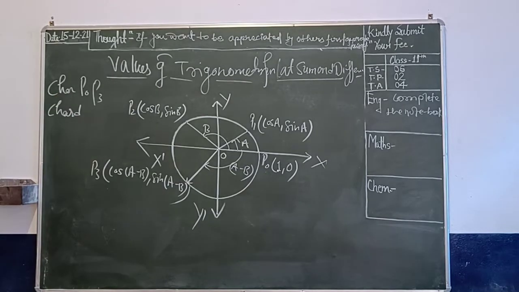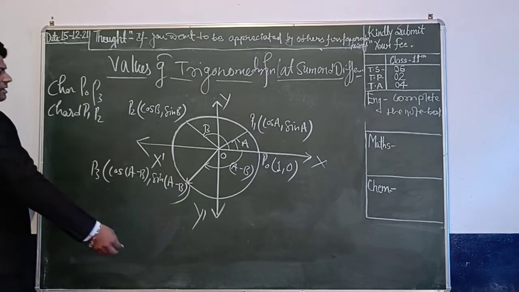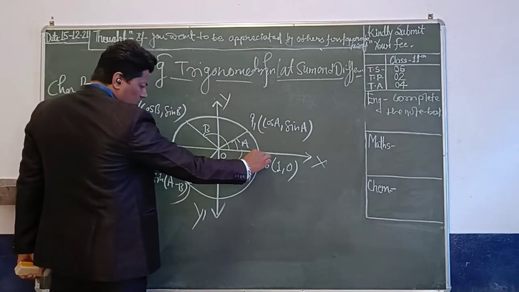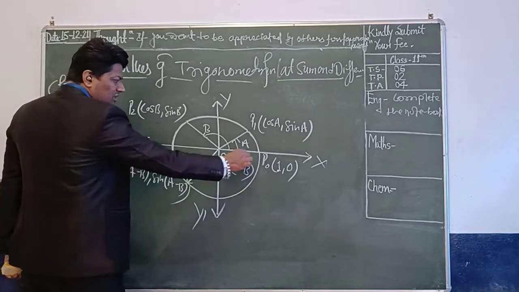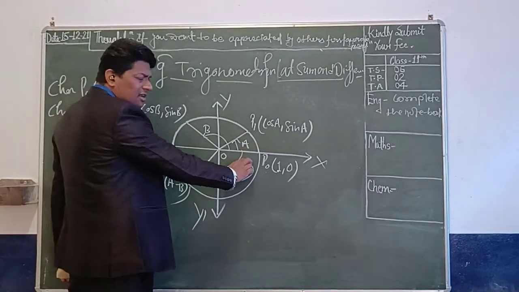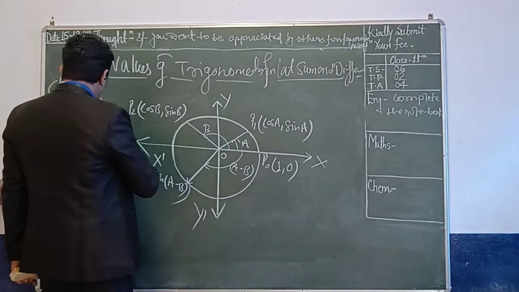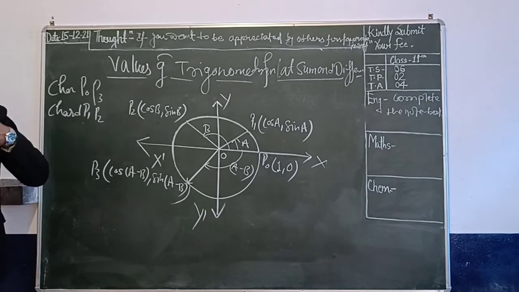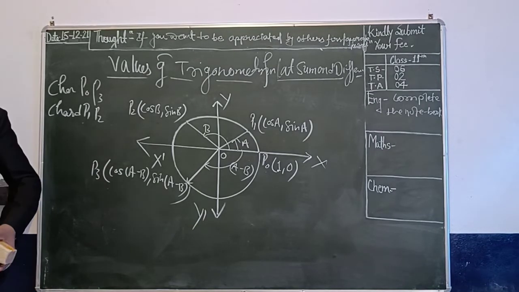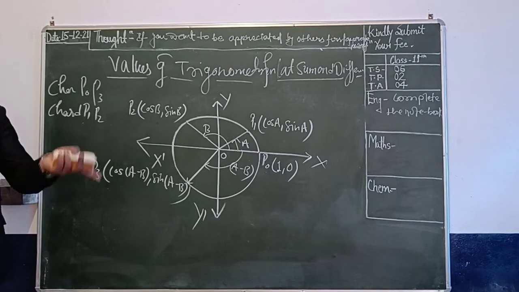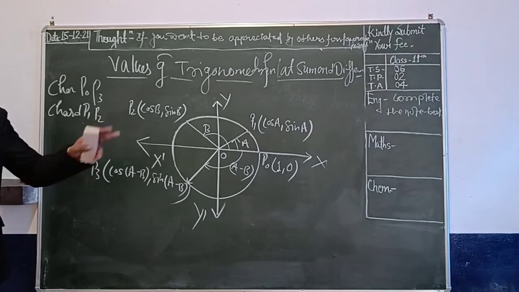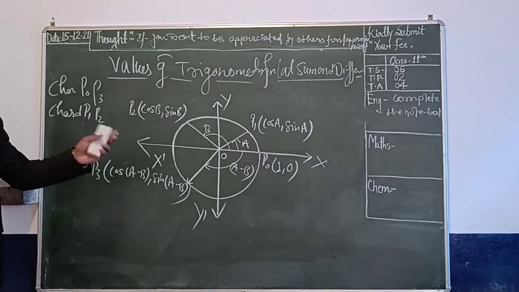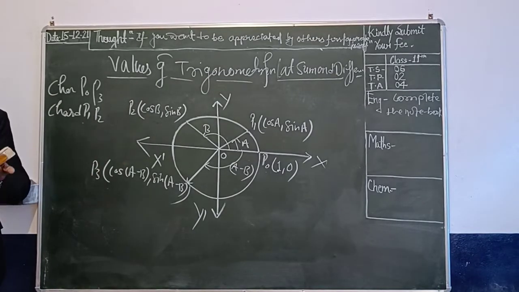And then you can talk about the chord P1 P2. That one is P1, and then you talk about this one. Is it clear? This rotation, you can also talk about, because this one is the angle. If you take it, what you actually get is that both chords are equal. Is it clear? Both chords will be equal. As I told in my last classes about that diagram also, there are two diagrams for the same derivation. One was completed last day and the other we have completed. So we have to go for equating the two chords.